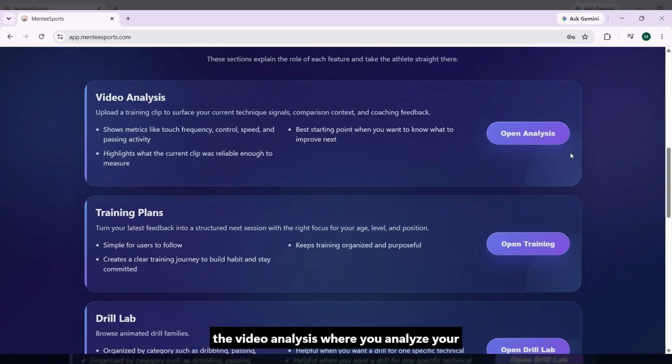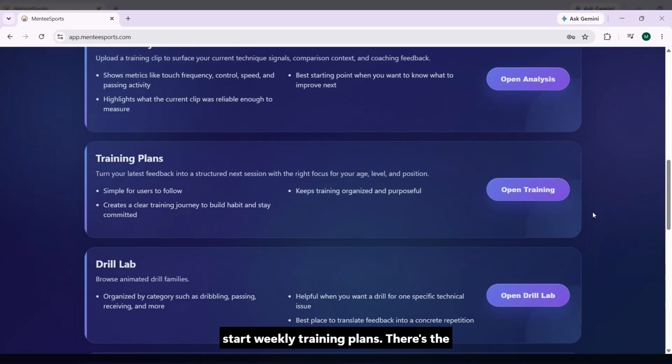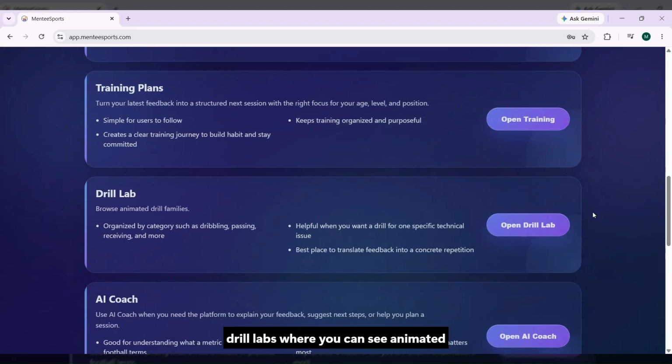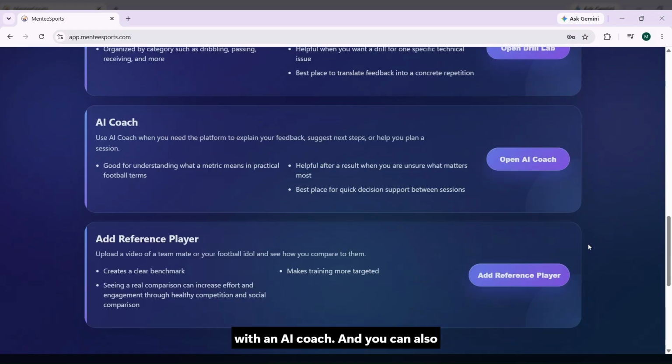So there's the video analysis where you analyze your video and then it shows you the metrics. There's a training plan where you can start weekly training plans. There's the drill labs where you can see animated curated drills for you and also drills that are shared by your real life coach. And then you can also chat with an AI coach, and you can also add reference